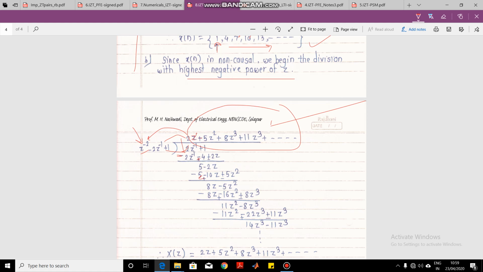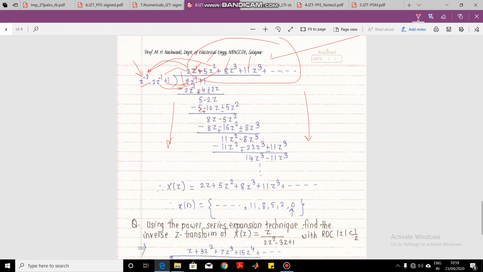You can write here, I have to multiply that by plus 5z square. So z square into z raised to minus 2 will be 1, so here you will get 5, and 5 into minus 2 z raised to minus 1 gives minus 10z. In this way you have to go on dividing. This is simple division, just like we do number division, we do function division, polynomial division. You can proceed up to 4 places, and then just write dots, because this will go on dividing until we get 0 in the remainder.